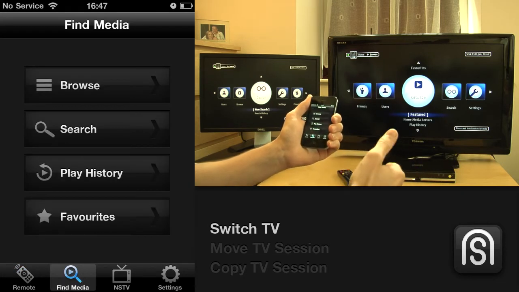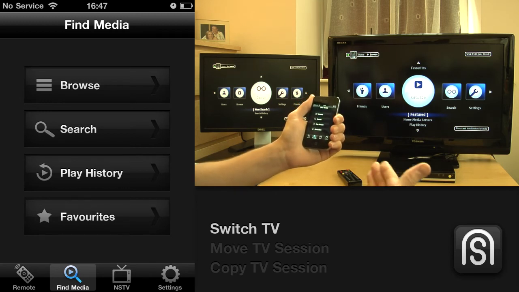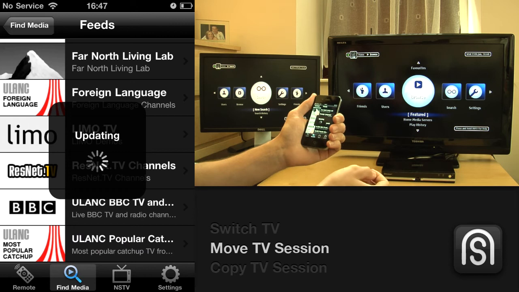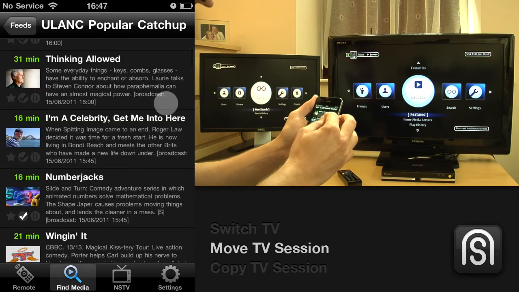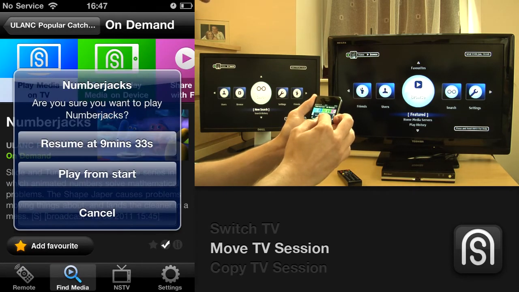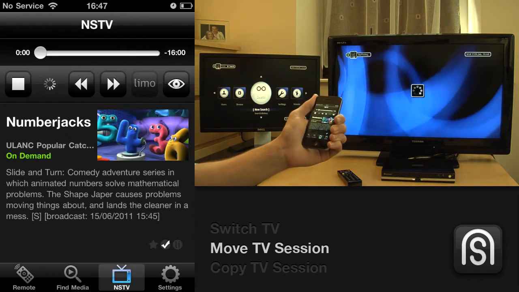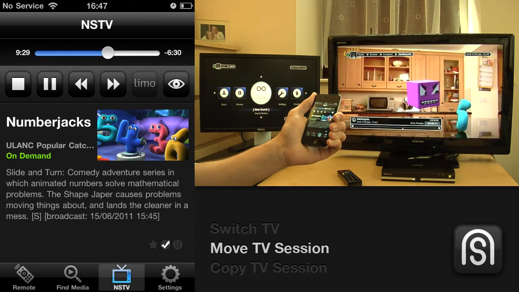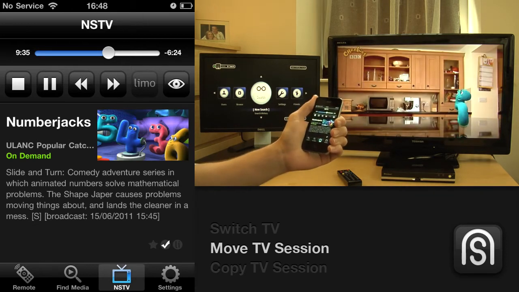So this kind of movement from one box to another can also encompass transferring playback context. So if I start playing back something on the lounge TV, so I'll find something from the catch-up feed. So it takes a little while to buffer. And there we are. So I'm watching Numberjacks on the lounge TV, and now I want to move through to